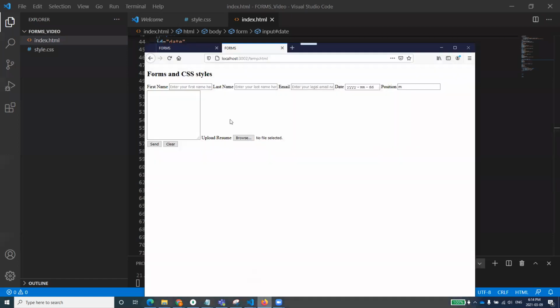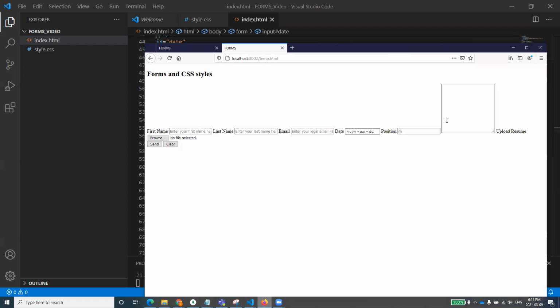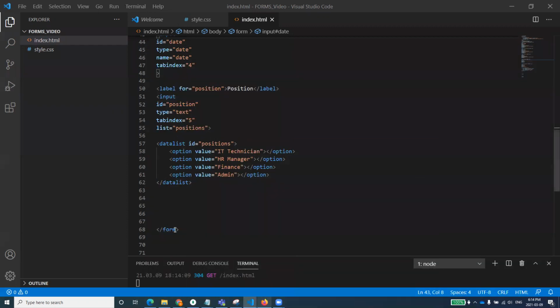Okay, so the next thing that I want to create here is the text area, which is coming in the sequence. If I just drag it, you see that it's coming in. This is called the text area, where I want multiple text columns to appear. So for that, we create a text area. It's asking for the name, and I'm saying, for example, research statement or something like that. And the ID, if you want to give an ID, you can say research. We have not given anything over there. It says columns. How many columns do you want? Maybe 30. You know what these columns and rows are, they provide that much space.